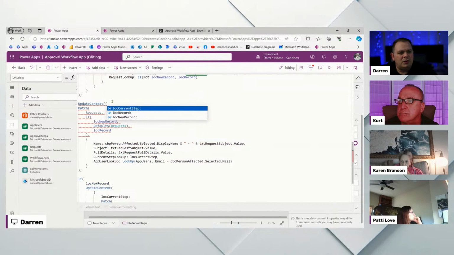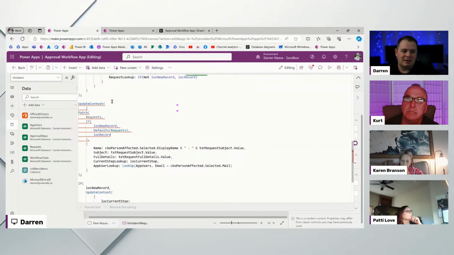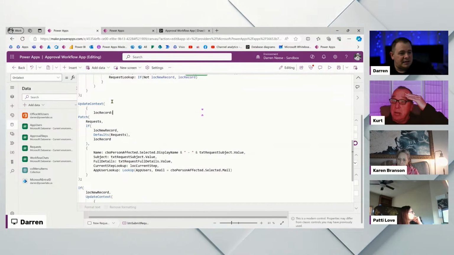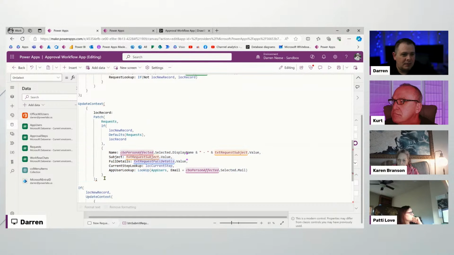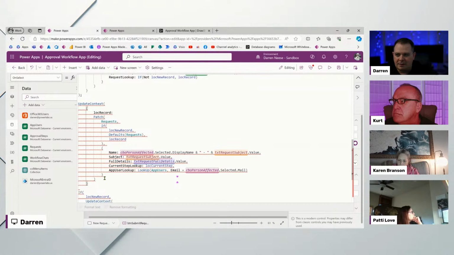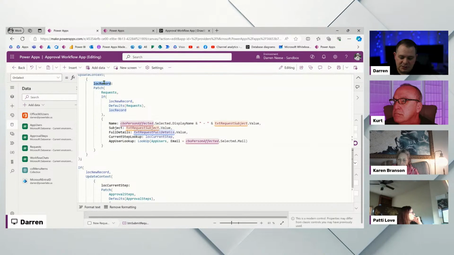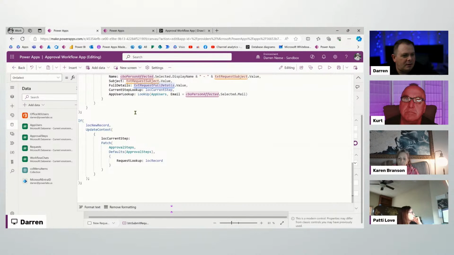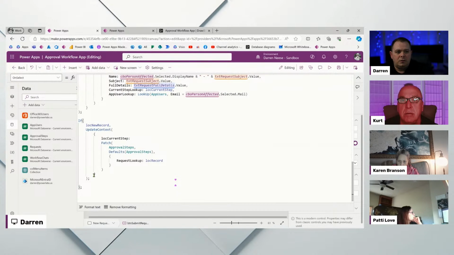Guys, do you know that whenever you do a patch, the patch function will actually return the record as the newly updated patched record? So a lot of times I like to catch that into a variable. And in this case, I've got a local record sitting out here ready to receive that fresh record that was updated. So that should be there. And then down here, I will put that there. And then right after that, what I do need to do is